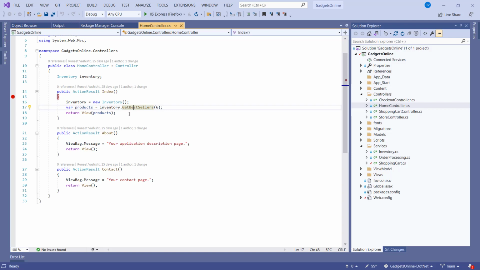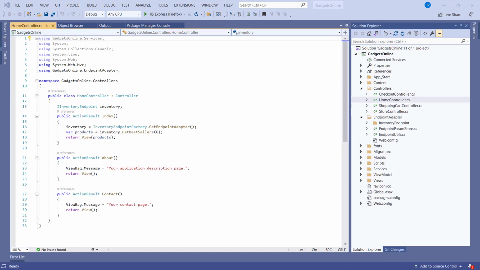After extraction, this code needs to be modified because in the modified application, rather than calling a local inventory class, I want to call remote APIs through an HTTP REST endpoint. Let's take a look at the modified application code, the changes which AWS Microservice Extractor for .NET made.